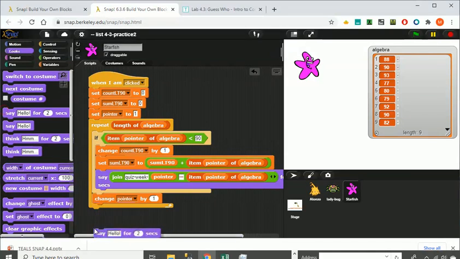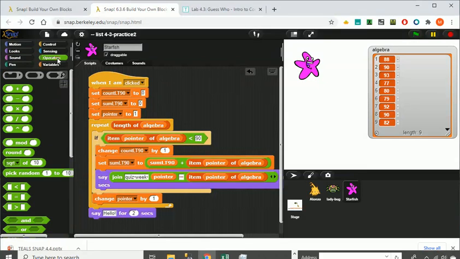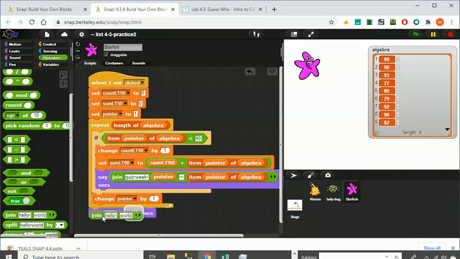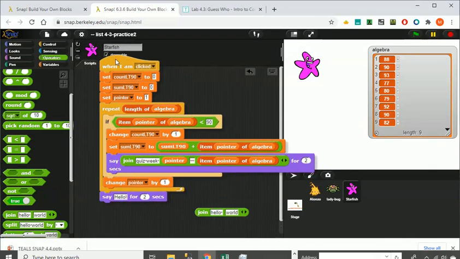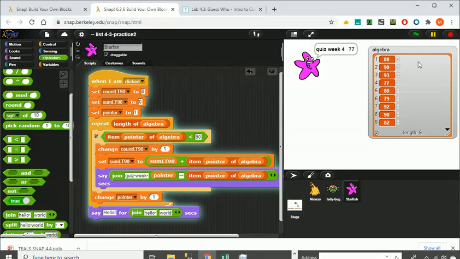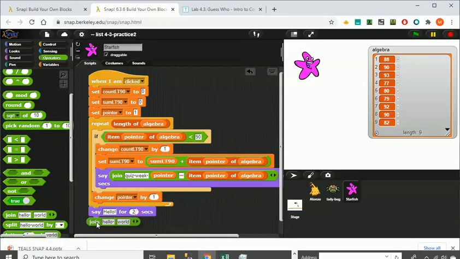And then once I get done with the list, I'm just going to use a say block, and I'm going to say, now this is going to be a join. Join should be here. No. Keep on getting the join in the wrong hole. Oh, stop it. So I'm going to say